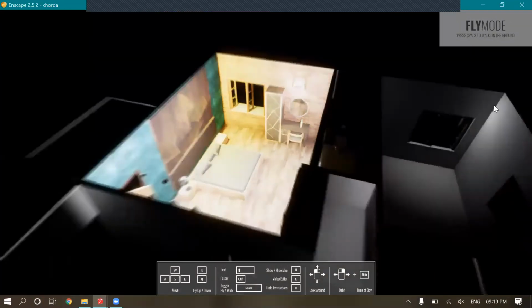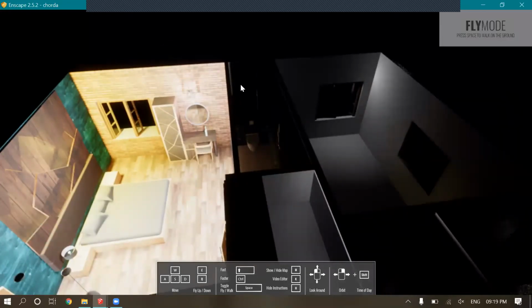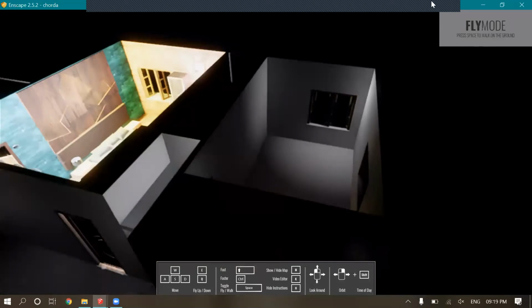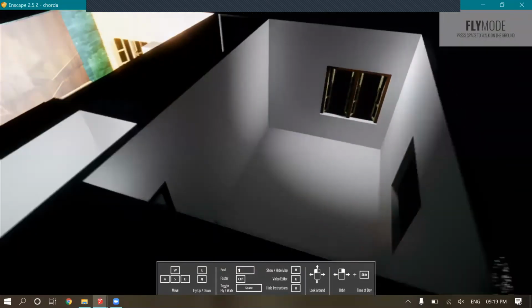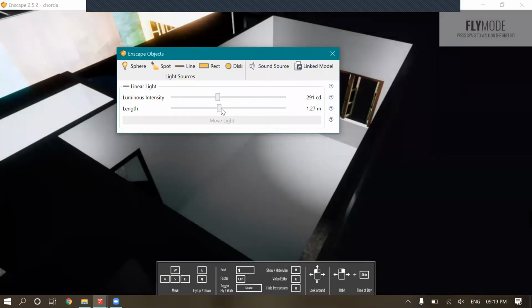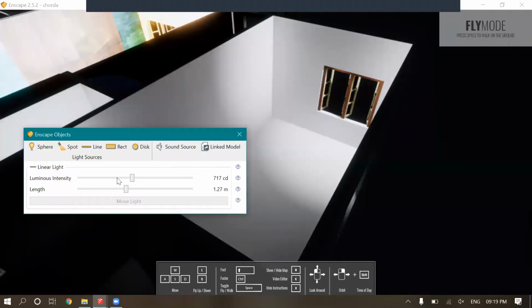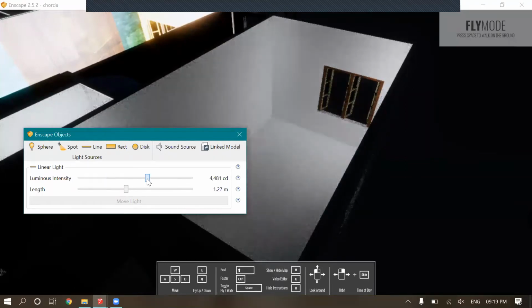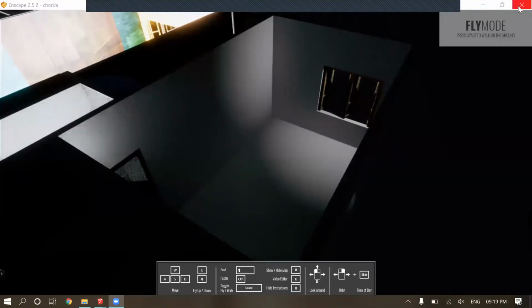Okay, we were doing something on this. You guys can see the light that I have provided is not that bright. You cannot see anything. So all we'll be doing is going to Inkscape settings and changing the strength this way. So as you can see, it's up to you how you will be using it.